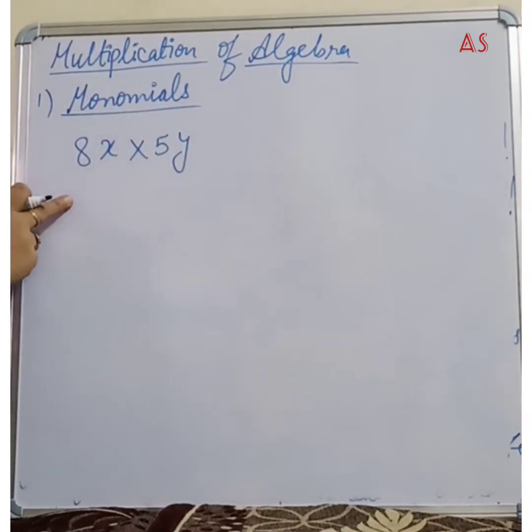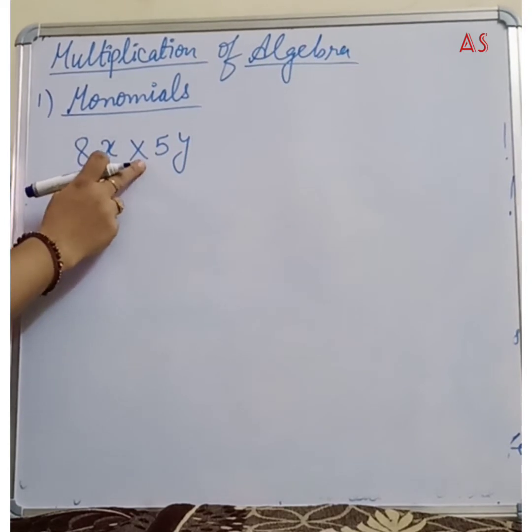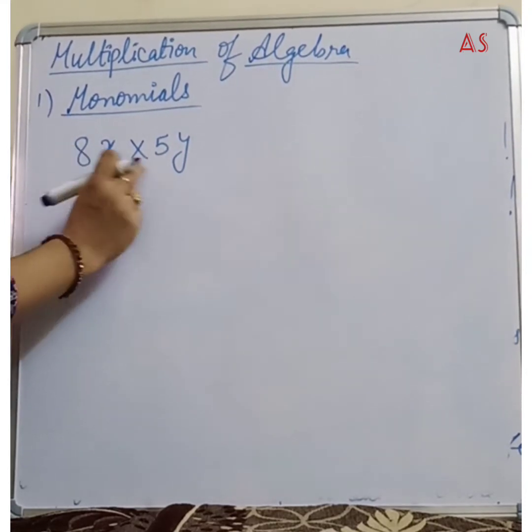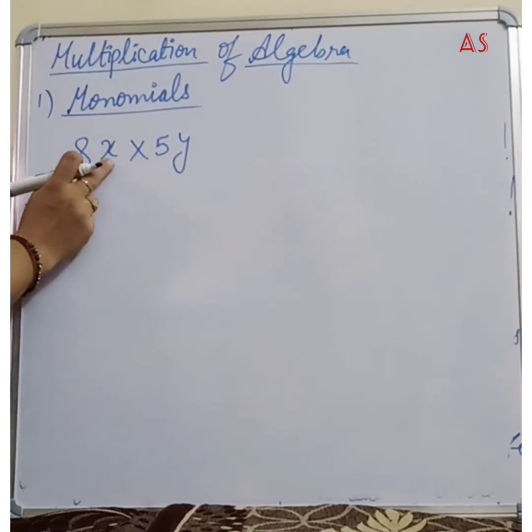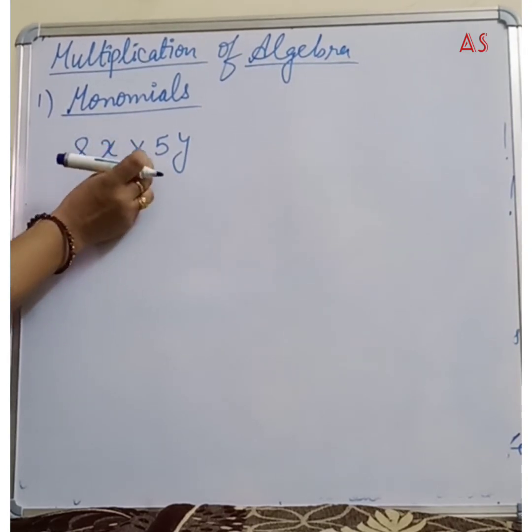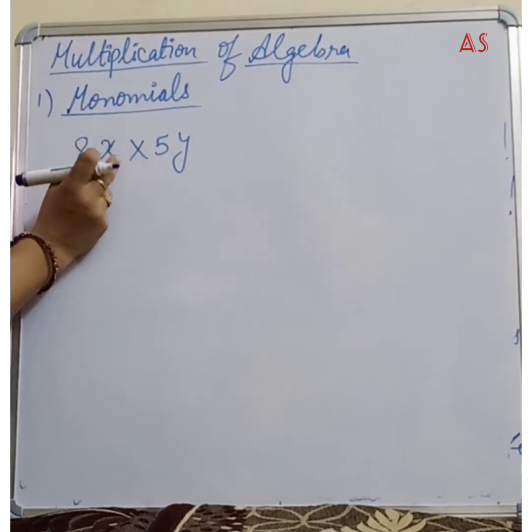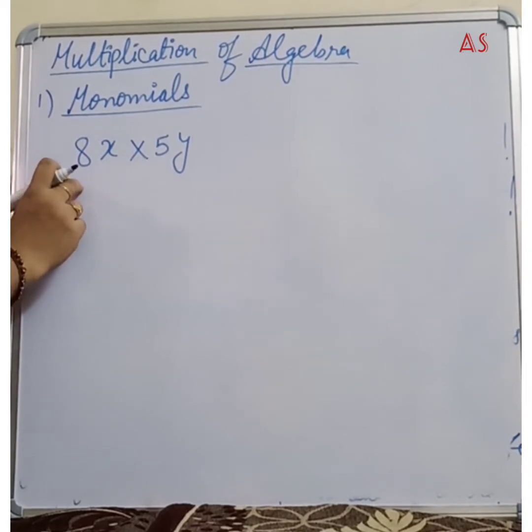Now one thing: firstly, the x and the multiply sign will be different. Suppose you are writing x like this, then when you do multiplication you will read in algebra that it is also x. So separate your x and multiply both. You write the multiply sign like this, and for x you write a small x like that. So monomial, how to multiply?